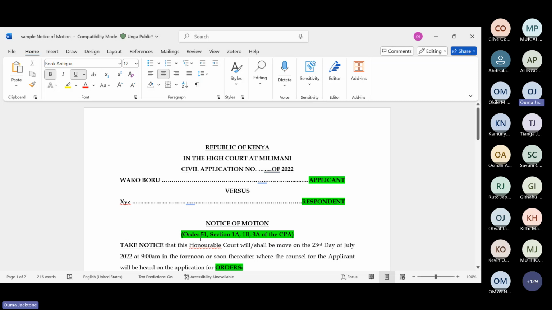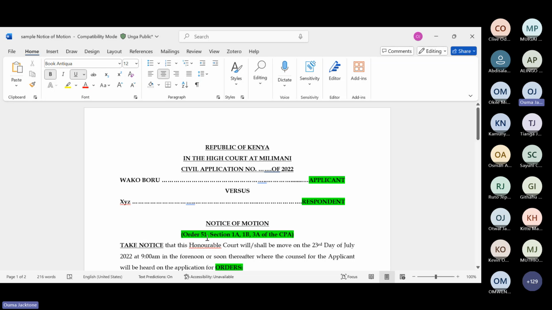Now, I have said again and again that anytime you're not sure about the rules you're coming under, you're allowed to quote the general provisions, which is Order 51 of the Civil Procedure Rules, Section 1A, 1B, and 3A of the Civil Procedure Act, as well as Article 159 of the Constitution and all other enabling provisions.